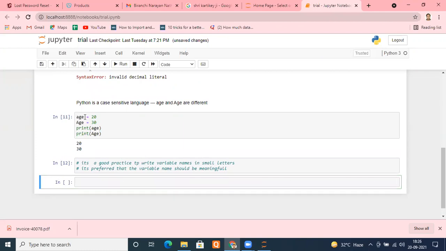But to save time, I type a equals 20, and this code is shared with someone else. Will they be able to recognize what a actually means? Your code should be so simple that if somebody reads it, they can understand what you are referring to. So always give meaningful names to your variables.